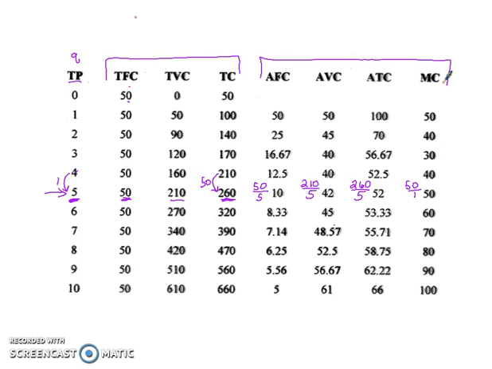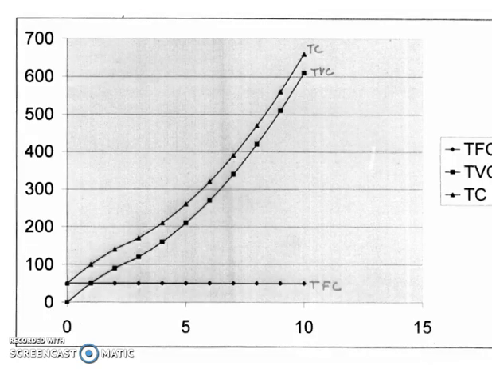So the first graph is less important, but we still want to take a quick look at it. We would graph the quantity on the horizontal axis, and that would go from 0 to 10. And then on the vertical axis, we would graph the total fixed costs, the total variable costs, and then just the total cost. And you would graph all of those. If you want to pause the video, now would be the time to do it. Pause the video real fast